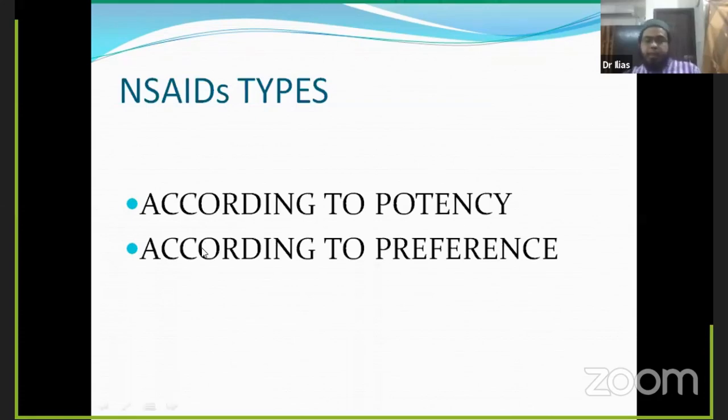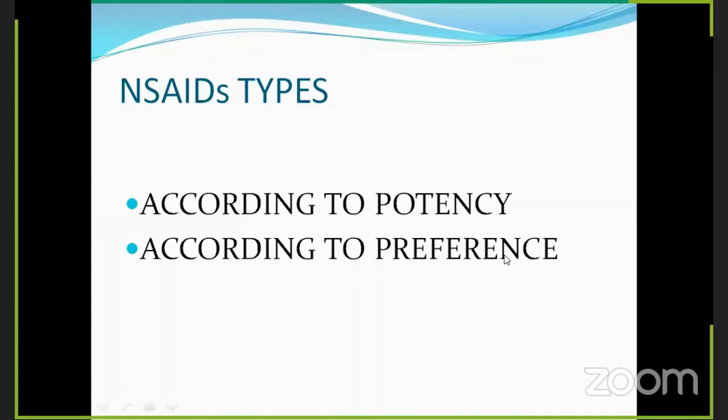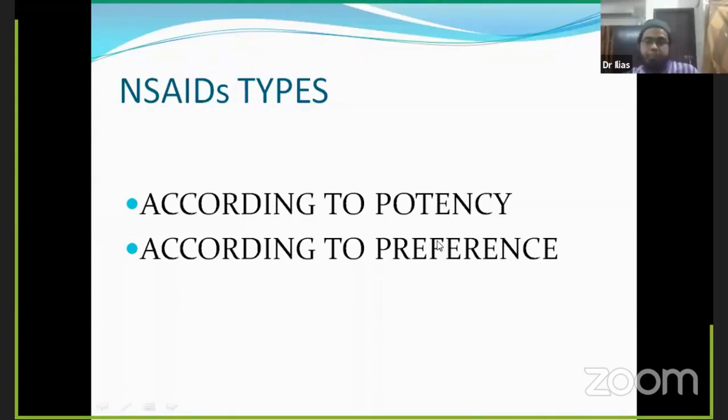And another thing is the anesthetic types according to the